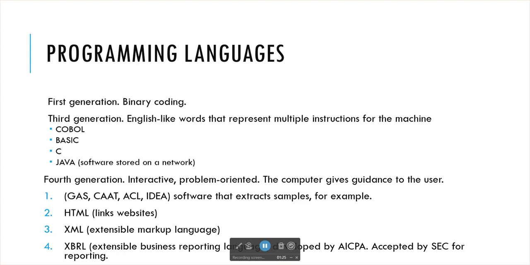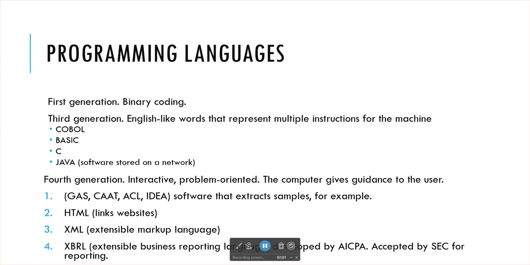Programming languages: the first generation was simply binary coding. It took forever to get anything done. You couldn't click and point and get something completed with binary coding. It was either off or on, so you went through a system of switches to get anything accomplished. Second generation is not listed here, so you're not responsible for that. Third generation is where I really started learning my programming languages. That's COBOL, BASIC, C, and if you watched